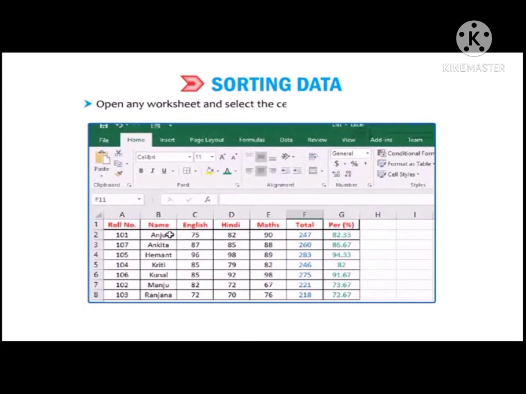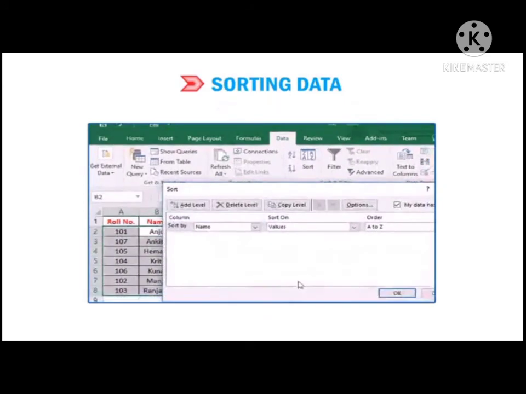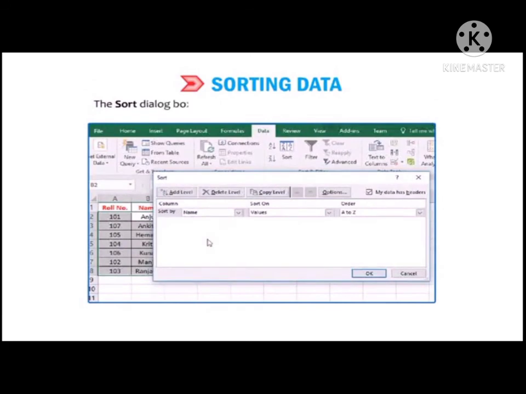Open any worksheet, select the cell range that you want to sort, and click on any cell, say B2. Now select the Sort button in the Sort and Filter group on the Data tab. The Sort dialog box appears and the entire database gets selected.